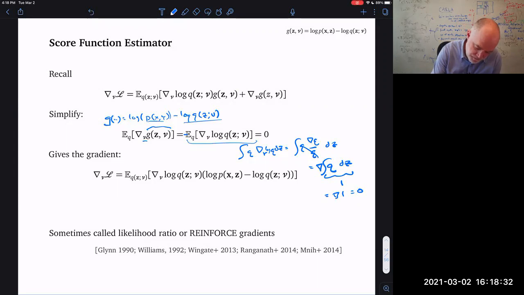So basically, this part here goes away. This is equal to 0. So now we can just expand out g into its original form, and now we have this lovely gradient expression, right? Where everything is